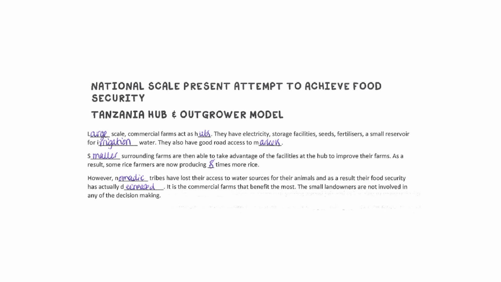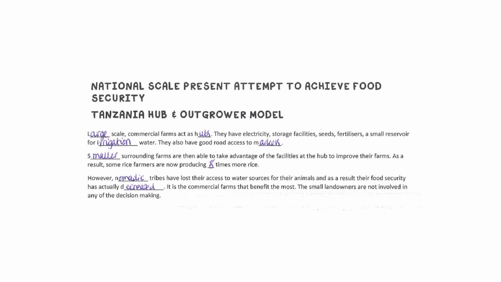And this has had great success. Those farms have been able to improve their rice yields up to 8 times. So they're growing 8 times more rice. They're then able to make much more money from that, which they can then invest in sending their kids to school, to get a good job, to move out of poverty, improving their homes, to improve their standard of living.